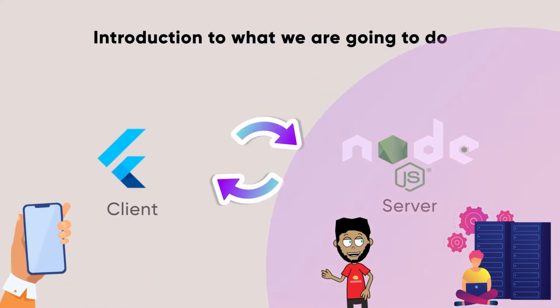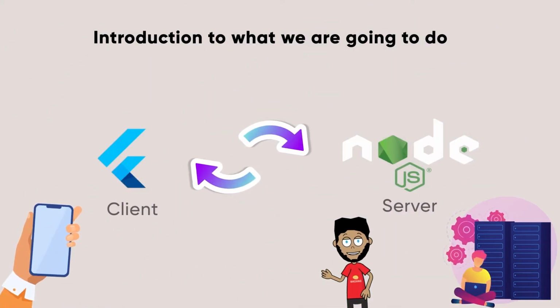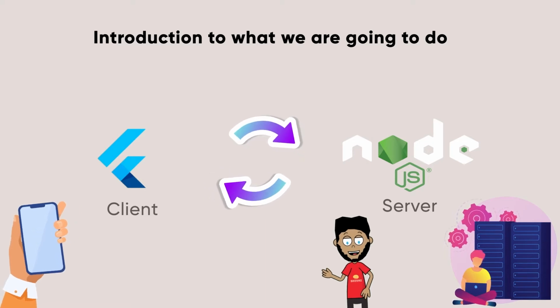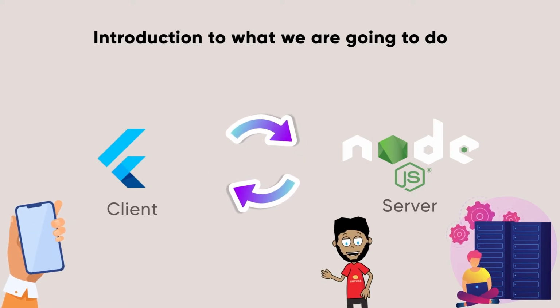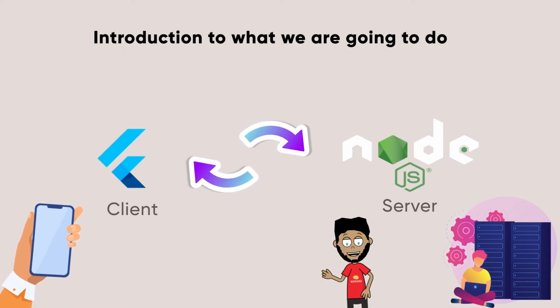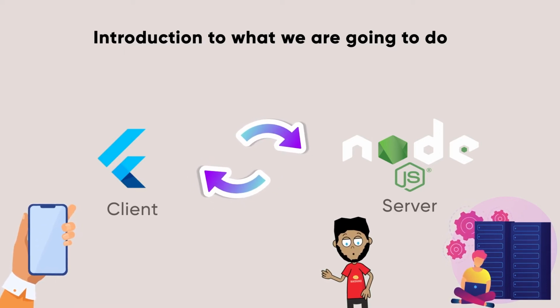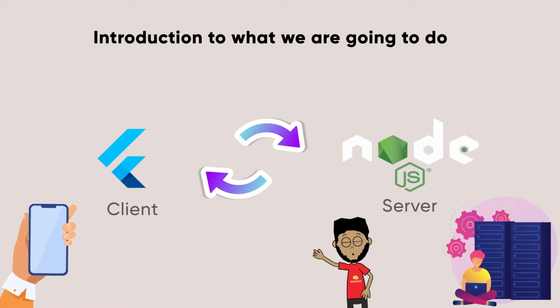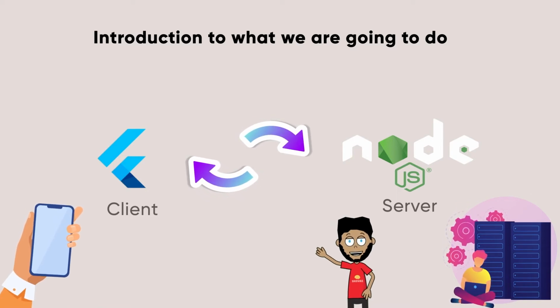Firstly, we make a Node.js Express server to connect the Flutter app so we can send server requests to the Node server. Secondly, we make a Flutter application to give requests to the server and display the result we got from the server. This whole process is shown in the progress graph over here. So let's start with the Node.js part.